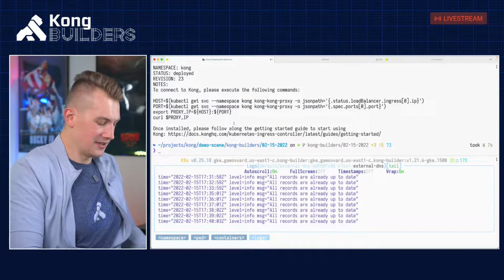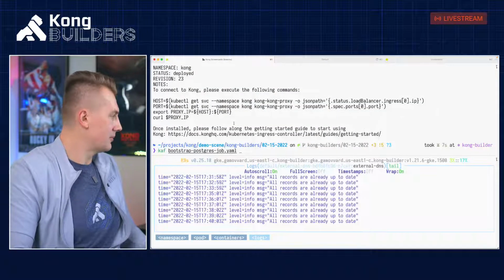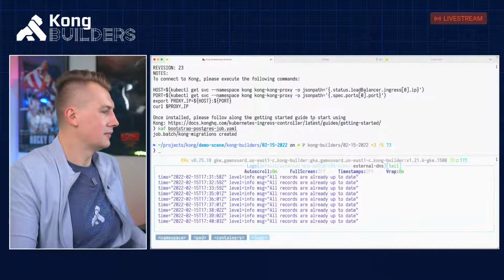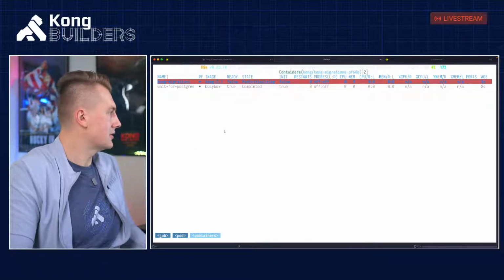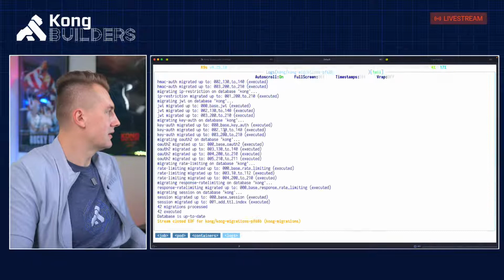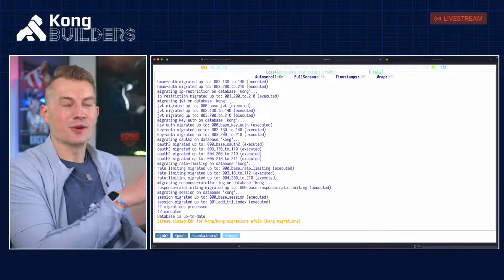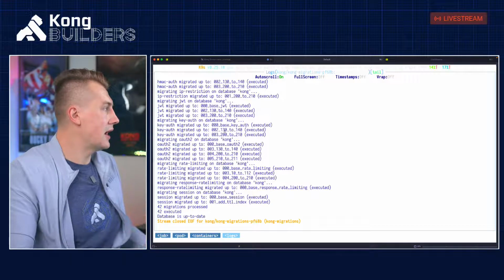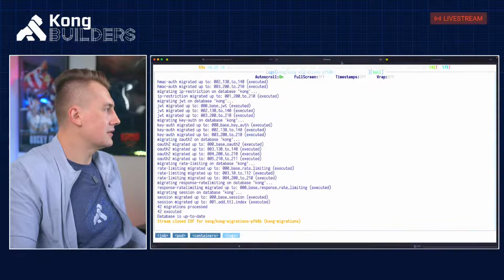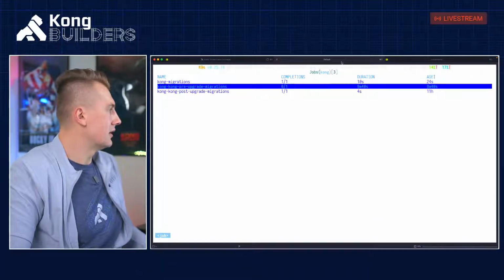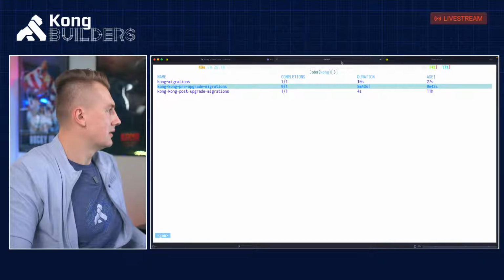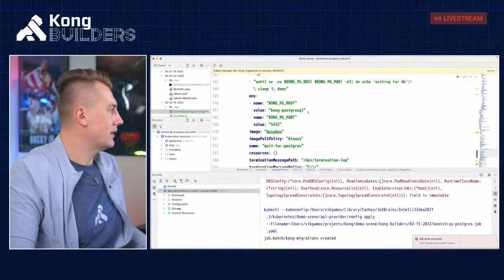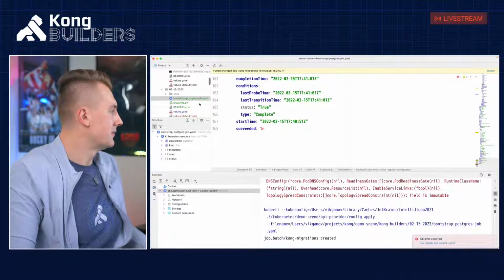So in this case, kubectl apply the bootstrap Postgres job. All right, so it's created. Now getting back to here, let's see migrations. Waiting for Postgres. Connected. Now that's what I want to see. So this command created all the tables. Now everything is good. Now all my migrations for my release upgrade should be fine. Now, why does this keep happening? I will fix that later.